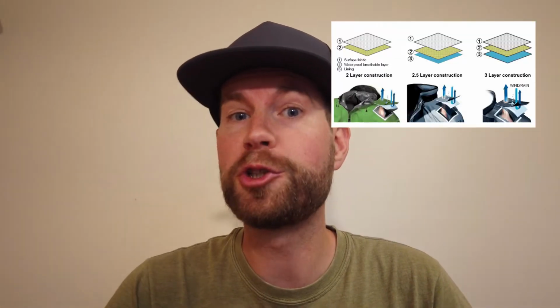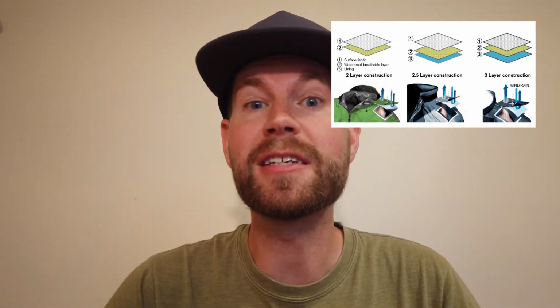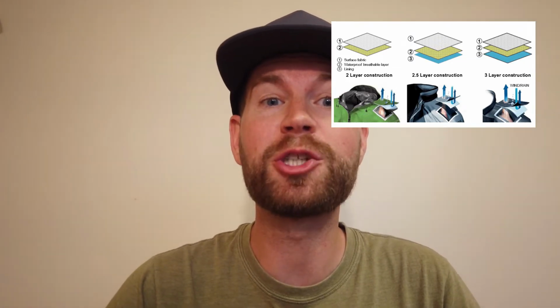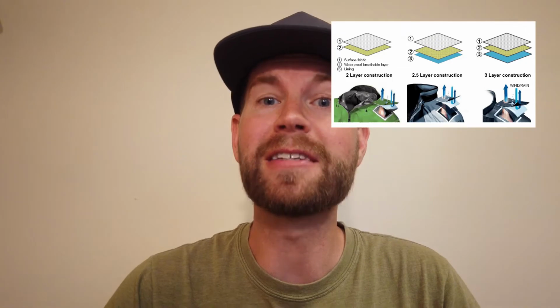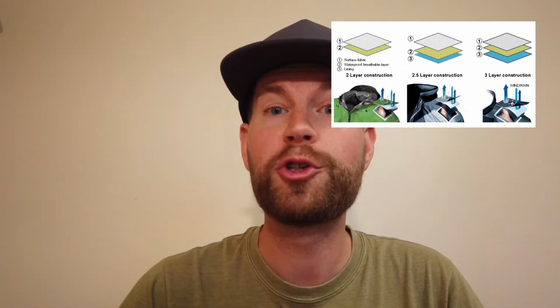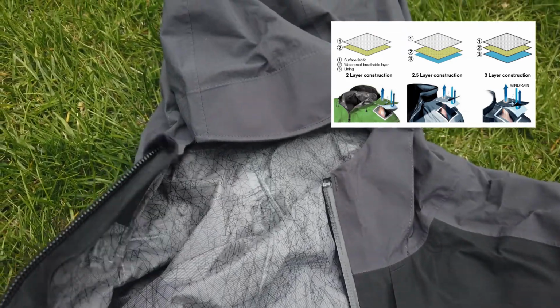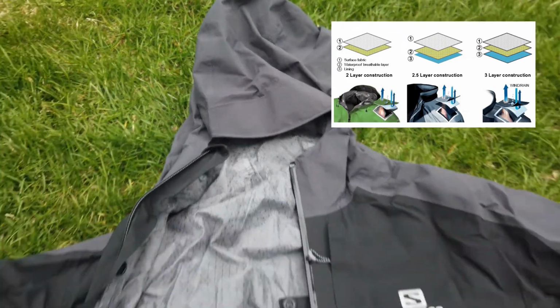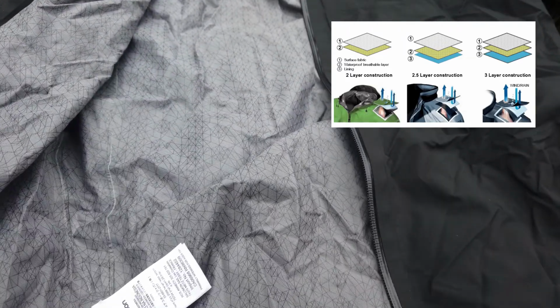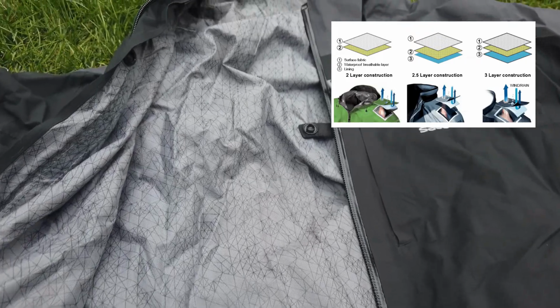Now let's talk about the basics of rain jackets for a minute. Most jackets today come in a 2, a 2.5, or a 3-layer laminate. 2-layer rain jackets consist of a water-resistant membrane attached to a face fabric like a nylon that has a DWR, or durable water repellent, finish. 2.5-layer jackets have a similar outer shell and inner membrane to the 2-layer jackets, but also feature a polyurethane coating on the inside, which helps protect from sweat, dirt, and oils that could clog the pores of the jacket and